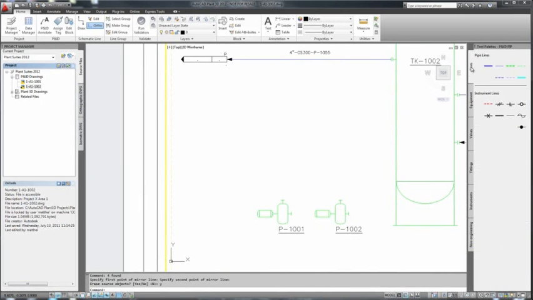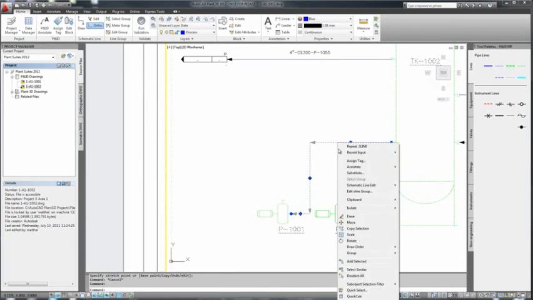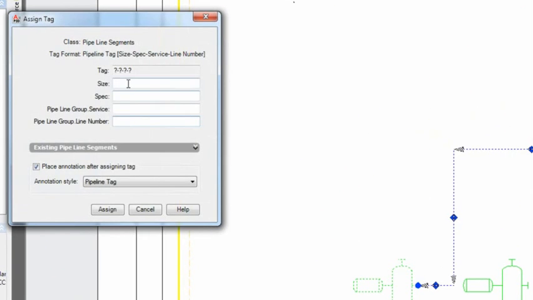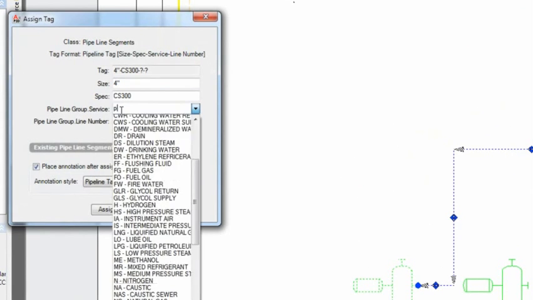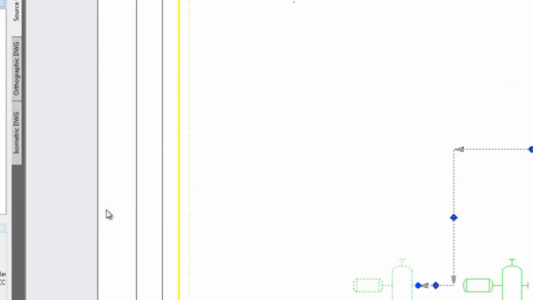When piping lines are inserted, they automatically connect to equipment. That connection is understood in the database, and when lines are edited, the connections are maintained. This dramatically improves drafting productivity over regular AutoCAD. Tags are built through attributes which are entered through easy-to-use dialog boxes, and the annotation remains connected to the pipe, allowing easy subsequent editing.